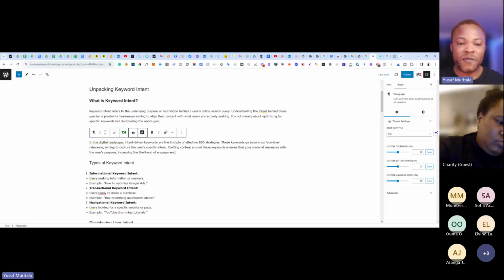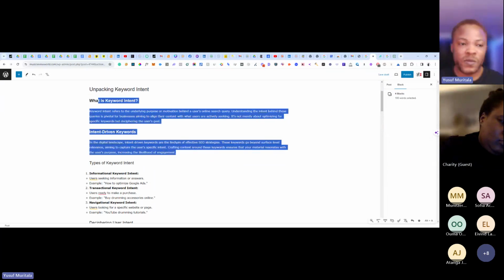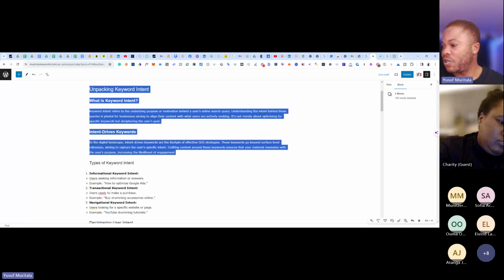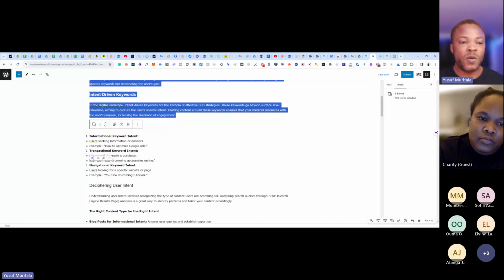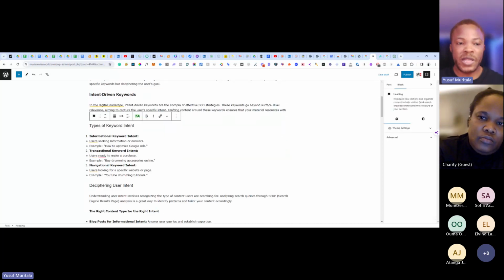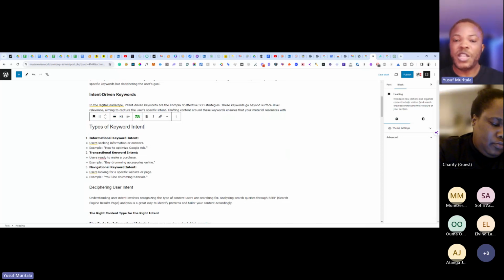So we are done with this section, right? So that is clear, right? Now we go to the next section, types of keyword intent. It says H3, right? We want to put it to H2 because it's a new section, right?